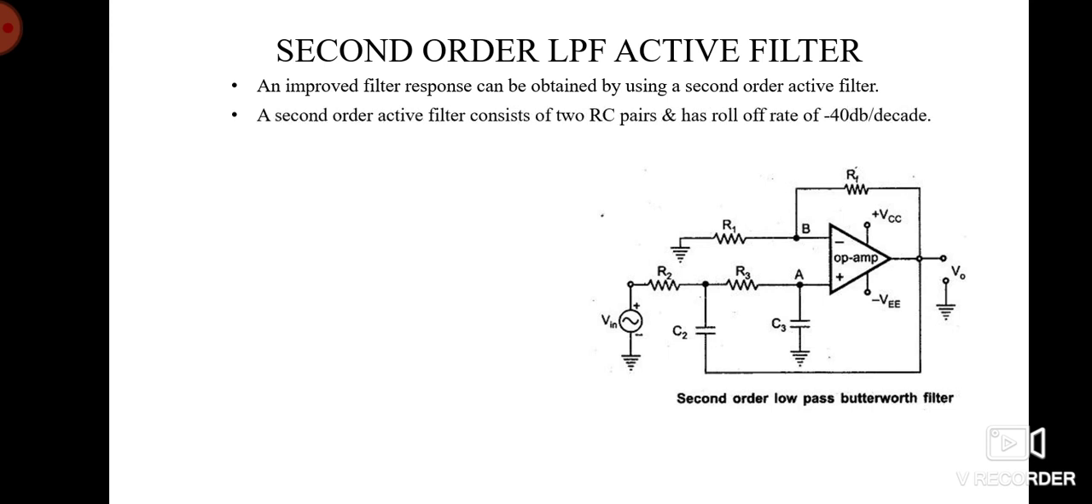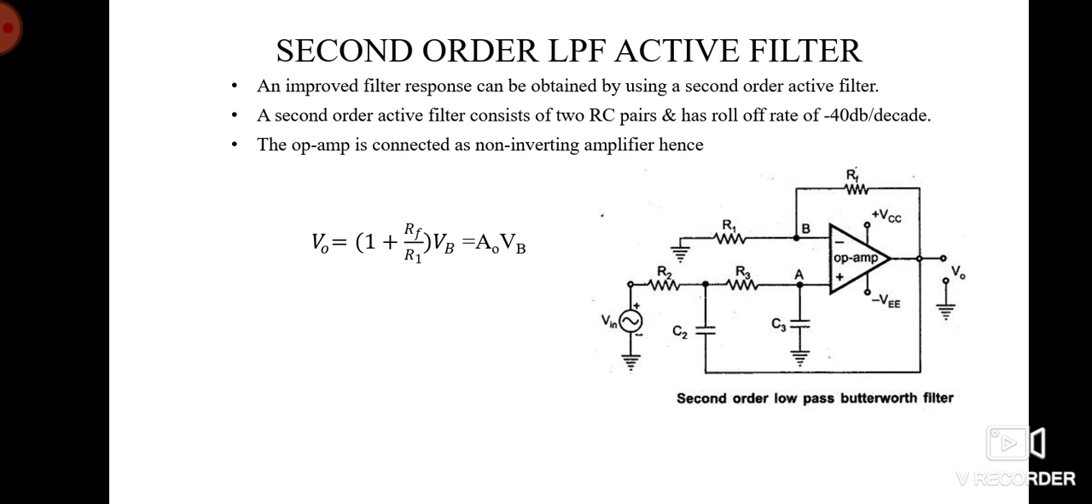Here the second order low pass filter consists of two RC pairs and has a roll off rate of minus 40 dB per decade. Here the op-amp is connected as a non-inverting amplifier, and hence we have V naught equal to 1